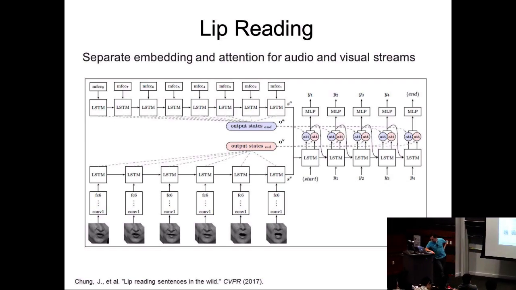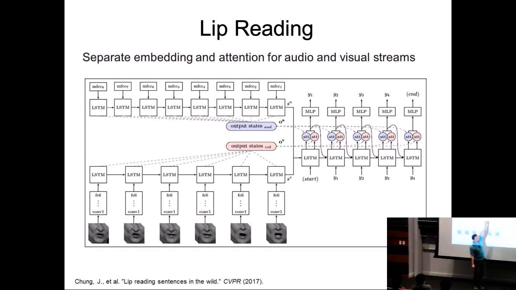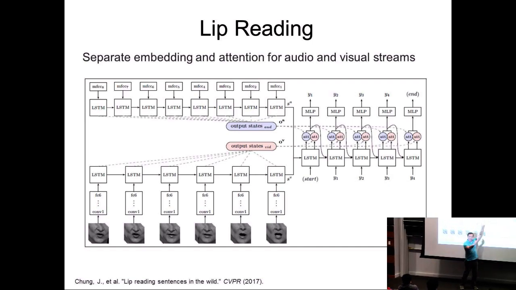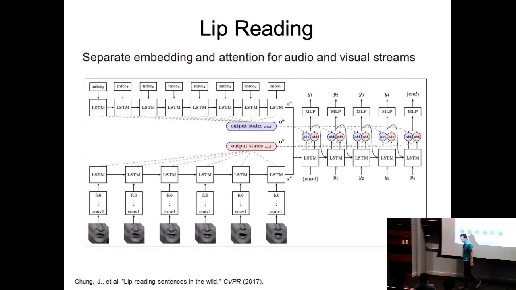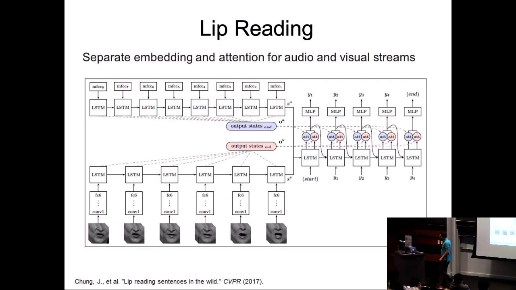This is actually pretty recent, CVPR 2017. I think they used this for finding a good embedding space, and then they were using sequence-to-sequence models, taking the input and the embedding of what the person has said so far to predict what the person is going to be saying next. And it actually works pretty well.